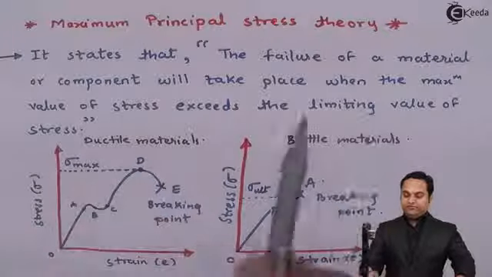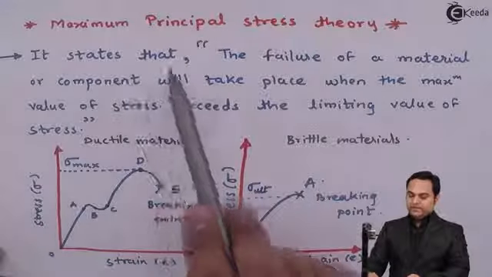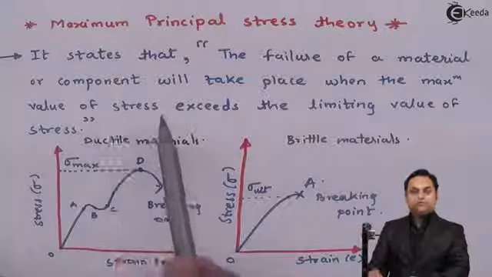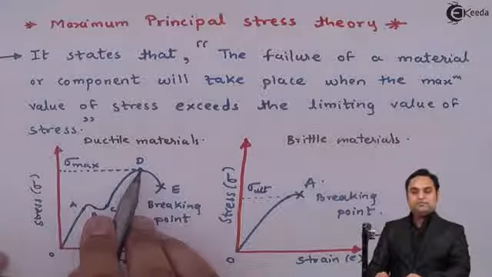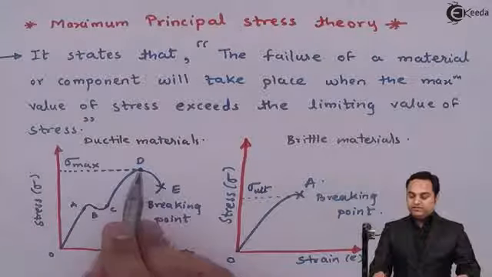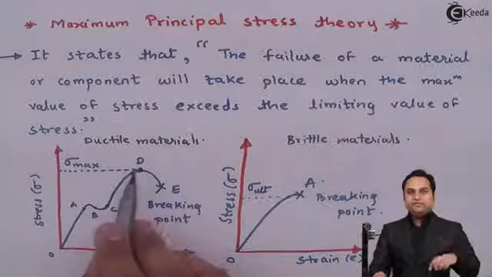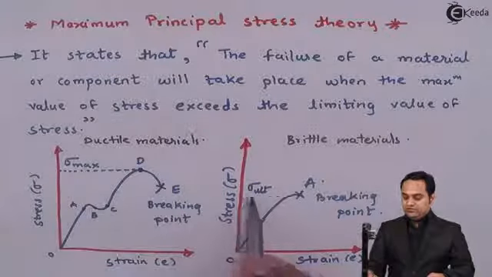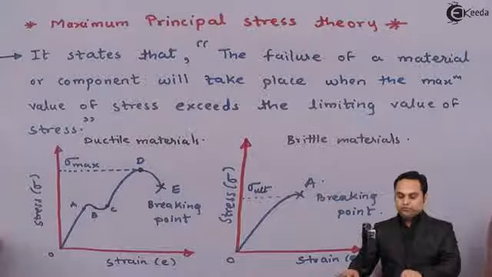So as per the statement of maximum principal stress theory, the failure of a material or a component will take place when the maximum value of stress exceeds the limiting value of stress. The limiting value of stress is here the maximum stress, and if we increase the stress beyond this value, that is, once point D has been reached, then the material can fail anywhere. Similarly, for brittle materials, if the material has reached the ultimate stress value, then it can break anywhere. So, as per the maximum principal stress theory,